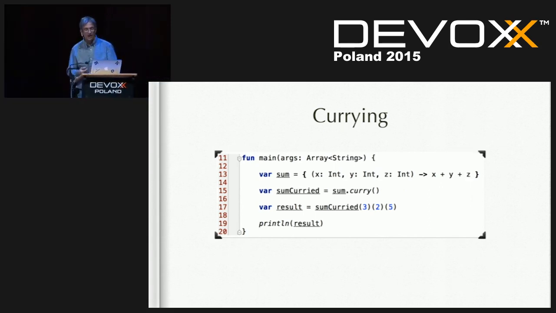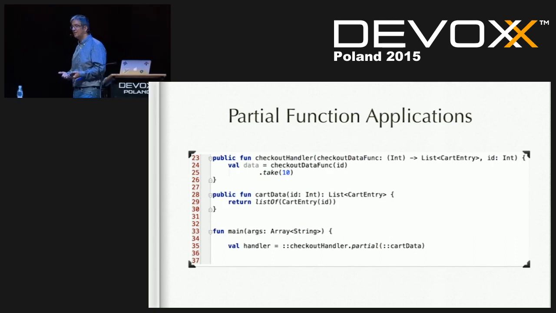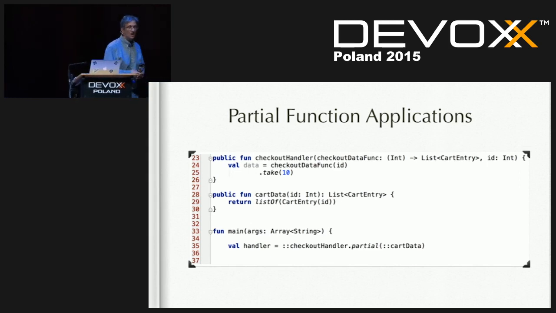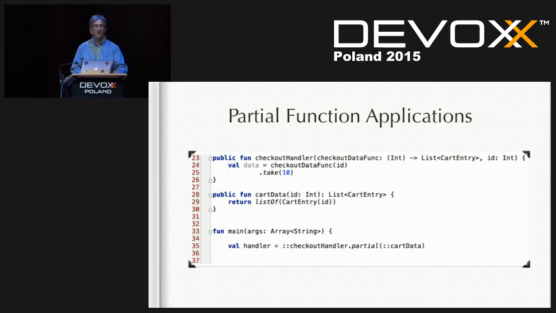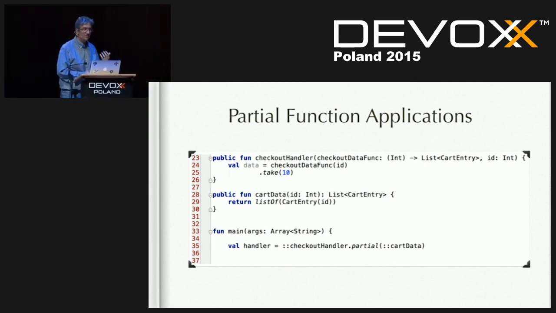Here's another example. I have a sum curried of 3 parameters. So if I call curry once, it's going to give me back a function in which I can decompose it into single functions that take single parameters. And then that leads to what I was saying, which is now I can prefix certain parameters of a function and then just get back that function. Why is this useful? Again, if we're starting to treat functions as our primitive building blocks, and if a lot of times we keep calling the same function over and over again with the same parameter, we don't want to do this manually. We want to be able to use this. So we can create partial functions.